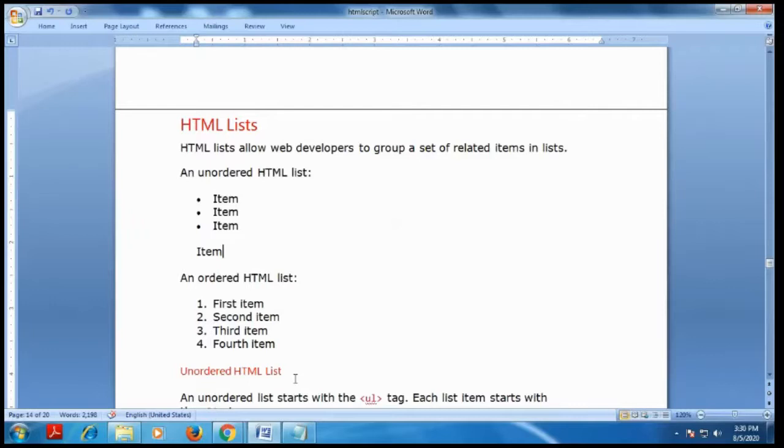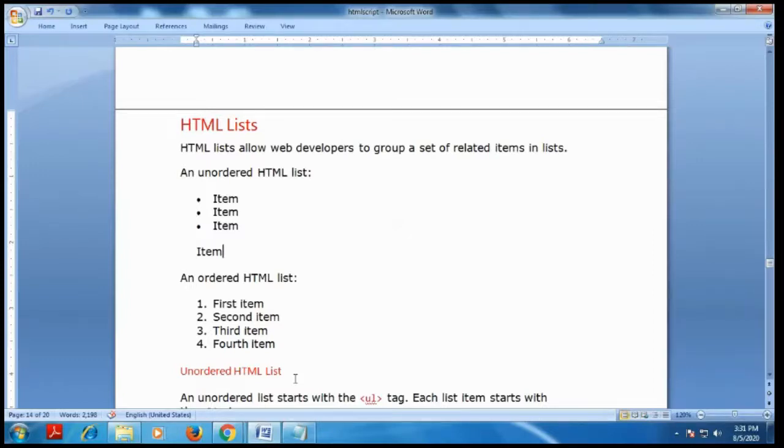Welcome to the short-term online course, Basis of Web Development using HTML and PHP. In this video, we will discuss the HTML list tag, how to embed video and audio, how to create links, how to format tables, how to merge the cells of a table, and what HTML forms are available in HTML tags.